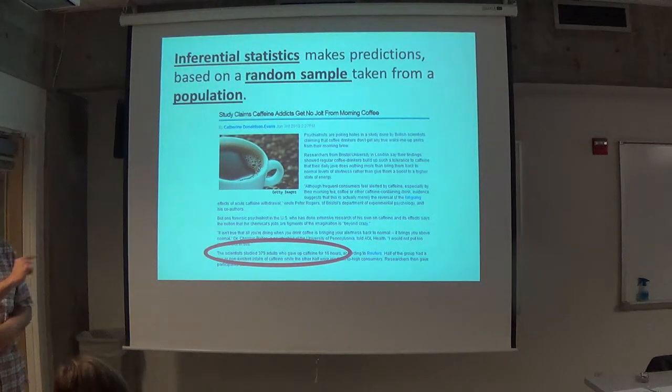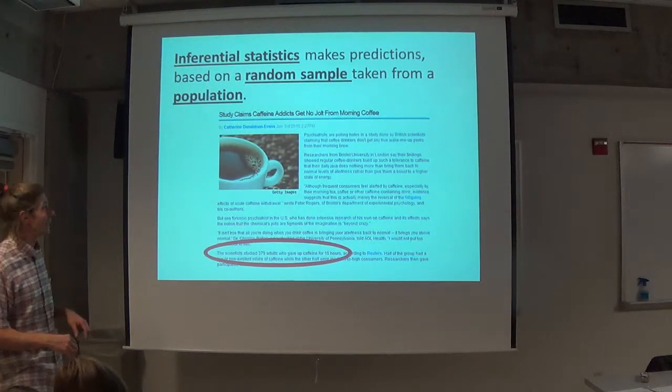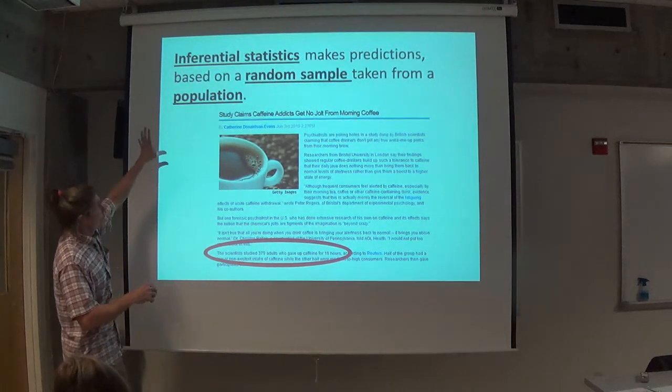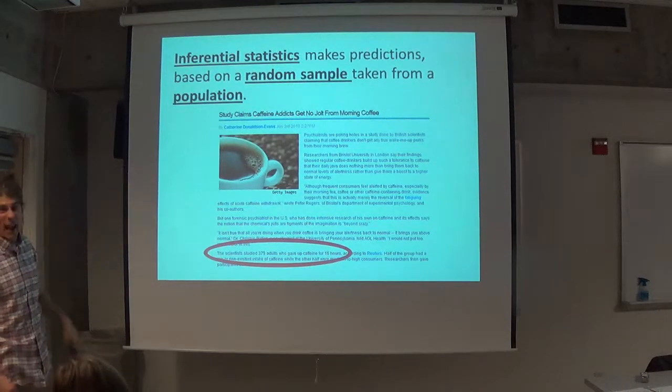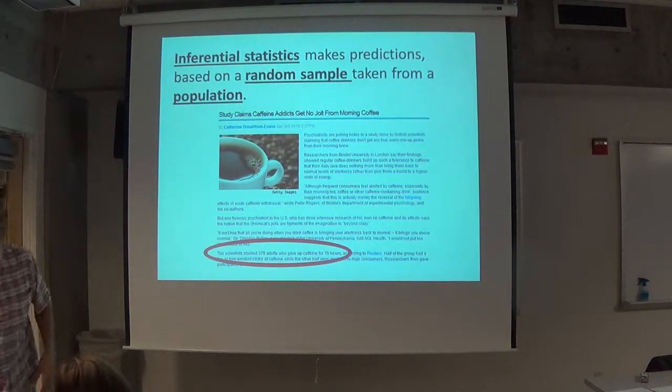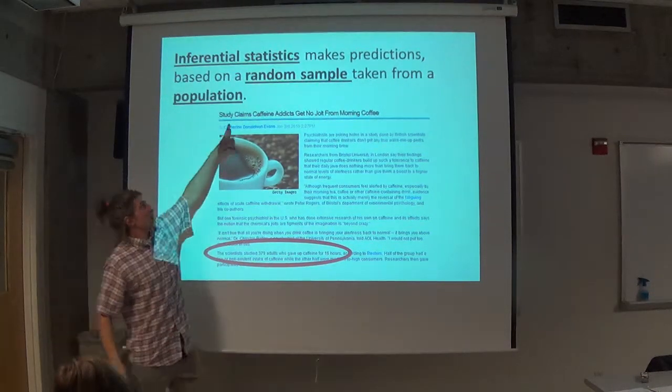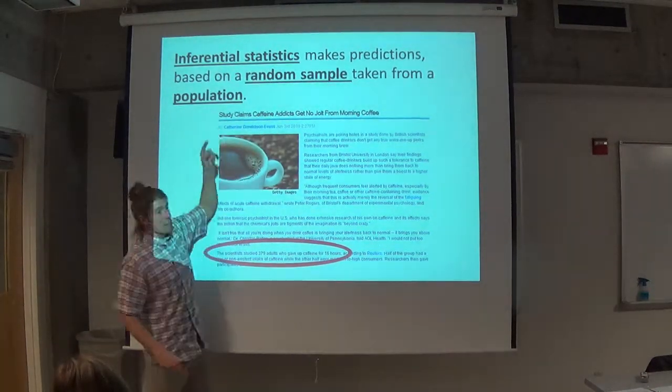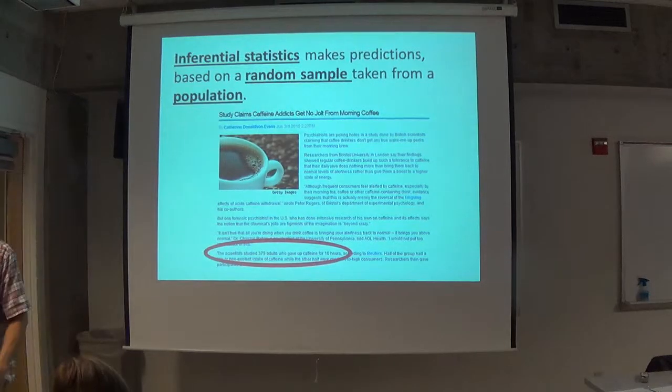I'm going to have you paying attention to something you might not have ever paid attention to before today. It'll help you be more intelligent consumers of, I'm not calling you unintelligent, but more intelligent consumers of data and information. Even better than most of the news anchors that are just reading off of a sheet without understanding what they're even saying. So, here are 2 words I haven't defined for you yet. There's your word, predictions. Makes predictions based on a random sample taken from a population. I have not defined either of those.